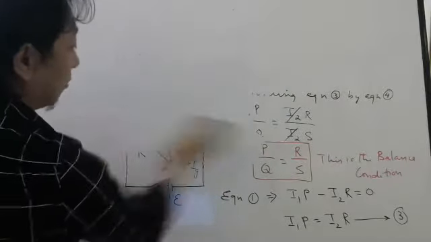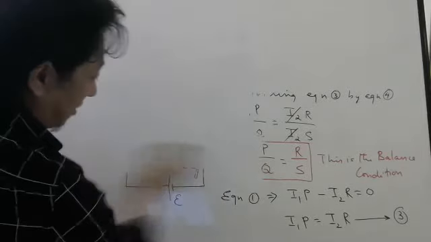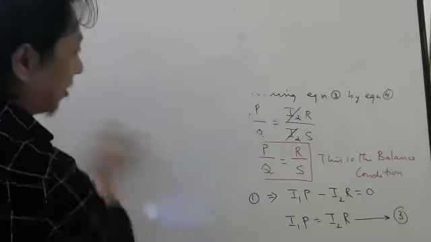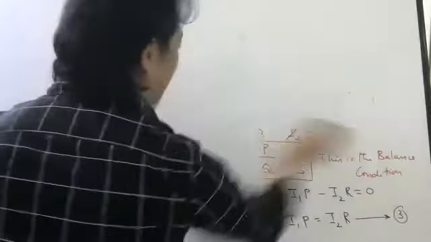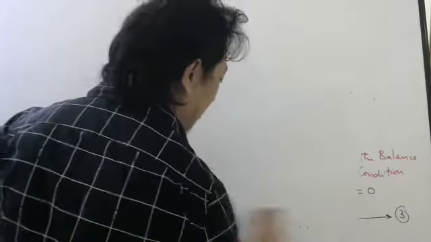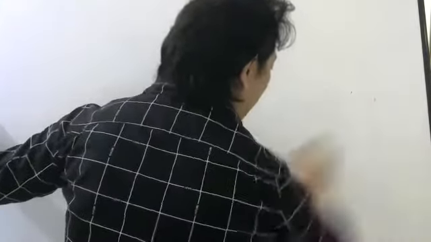Sometimes the circuit will not look like a Wheatstone bridge, but actually it is a Wheatstone bridge only. For example, in Thursday class, when I was solving NEET level MCQs, one of the questions came, the first question for that day. And I changed the question because at that time I had not taught you the Wheatstone bridge circuit. Remember, no? So I had changed the circuit. I made all the resistors equal. Now let us do that question so that we can easily understand.